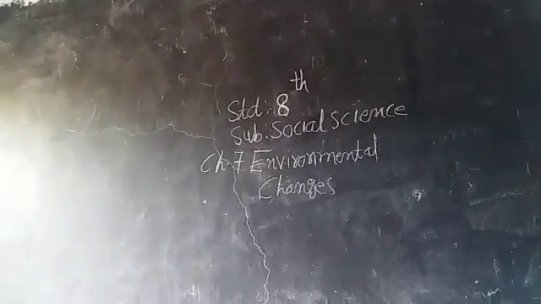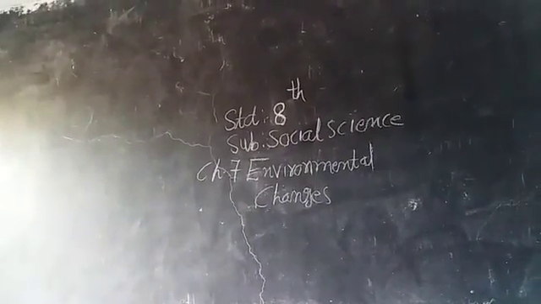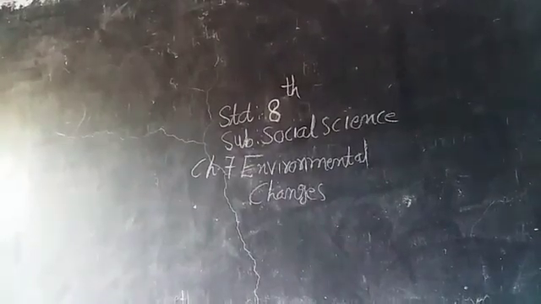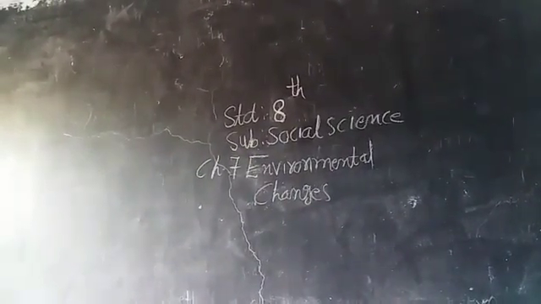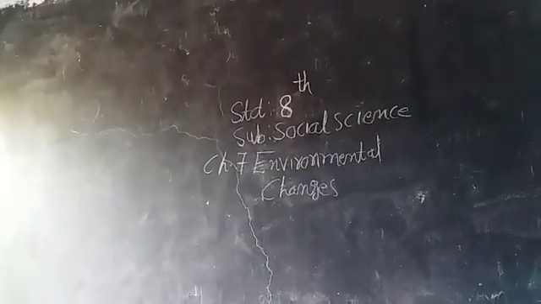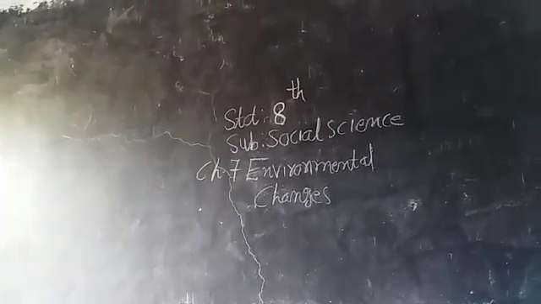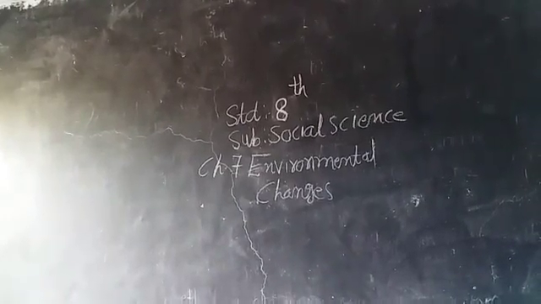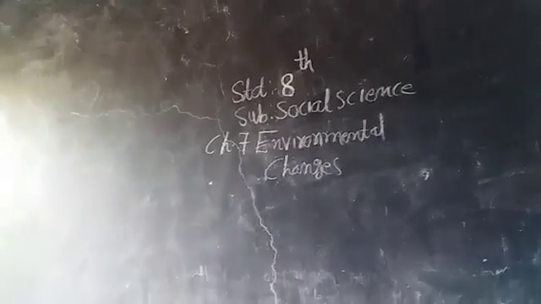Next number, what are the sources of non-traditional energy? The sources of non-traditional energy are tide, ebb energy, wind energy, solar energy, etc. Next question, how much electricity, water and how many trees are used to produce one ton of paper? For producing 1 ton of paper, 4400 kilowatt electricity, 30,000 liters of water and 11 trees are used.